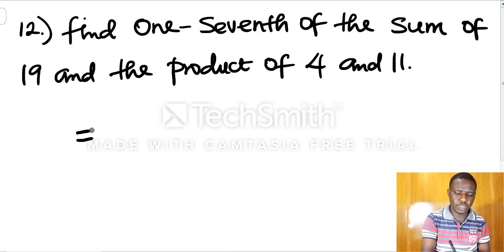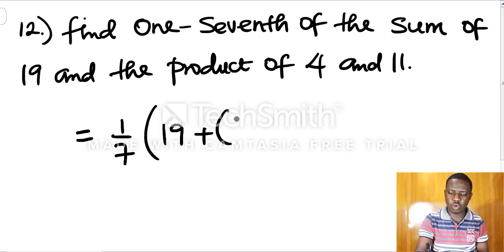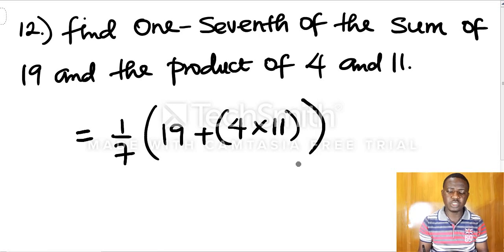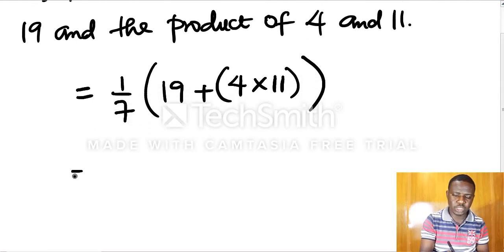This can be said to be 1/7 times, or into bracket, 19 plus the product of 4 and 11. So this is the way it can be expressed, which is equal to 1/7